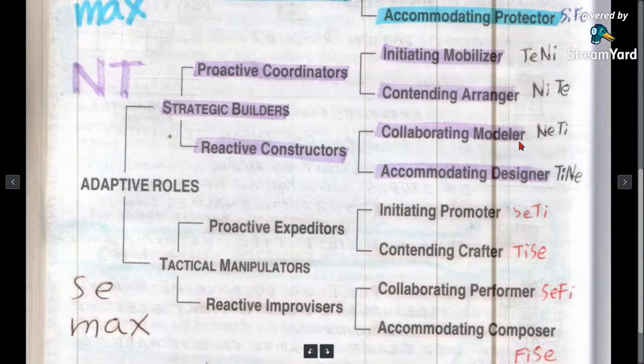So it's the NT functions, it's the club functions. NT. NI, NE, TE, TI. It's within that intellect of strategic building that correlates, or in other words, strategic building draws on the NT functions. Tactical manipulating draws on the